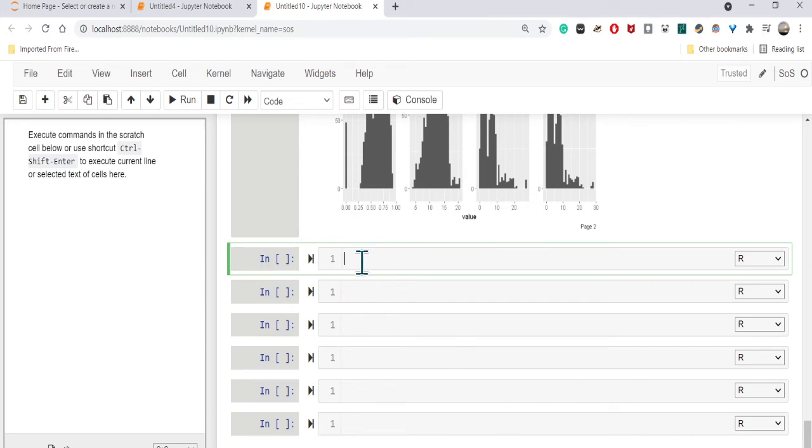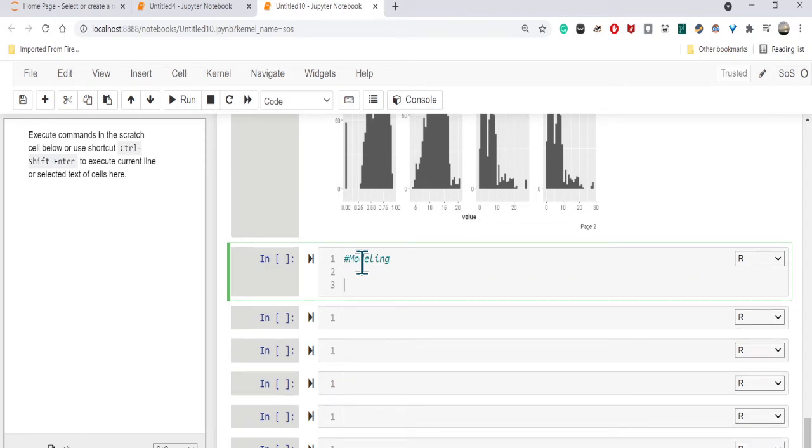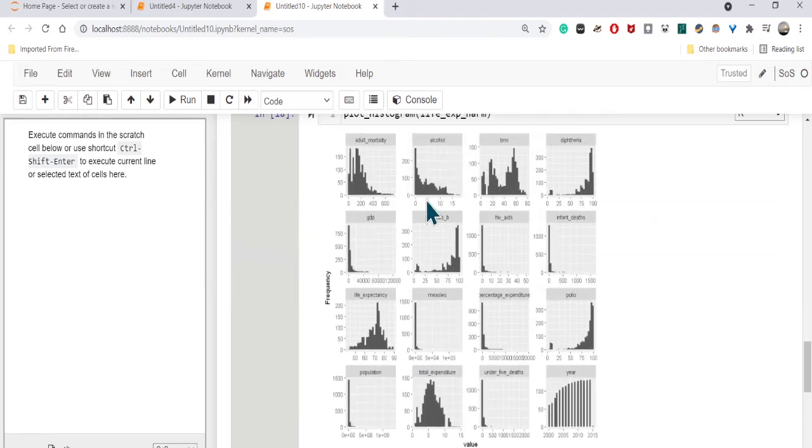So let me check. The next thing that we need is modeling. But before modeling, we may have to look at how the data are distributed, like a scatter plot, how one variable is related to each other. Just before that, you remember